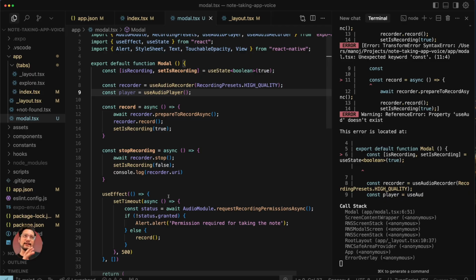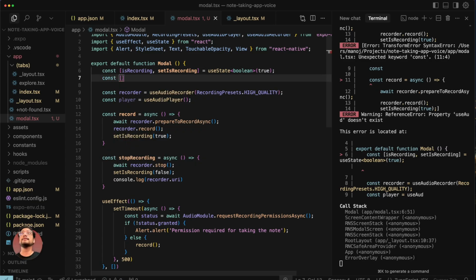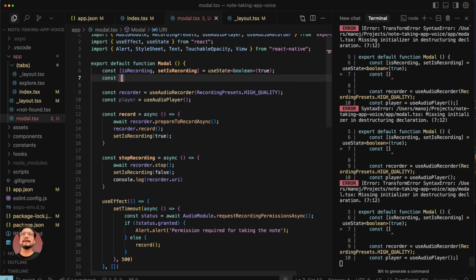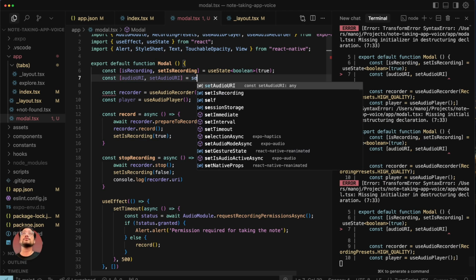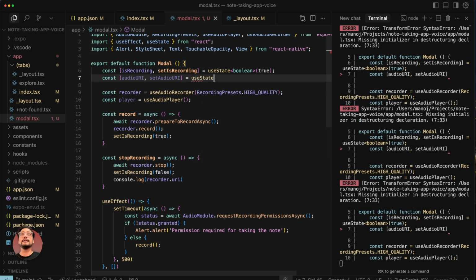So it's gonna be a string because we have this local URI, right? So what I'm gonna do is just go here, set an audio URI, and set audio URI equal to use state, and this can be a string or null. So string or null, by default it's gonna be null,